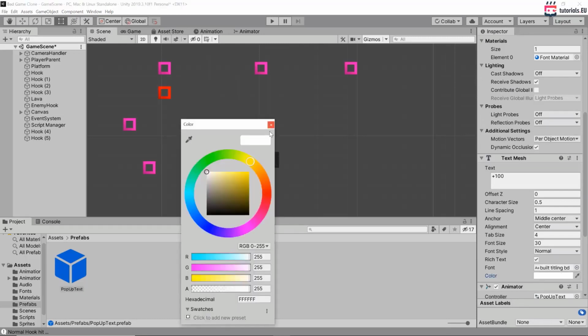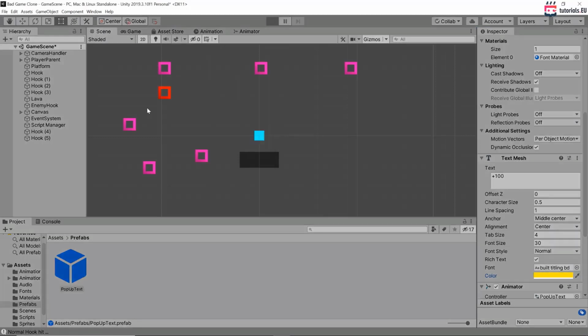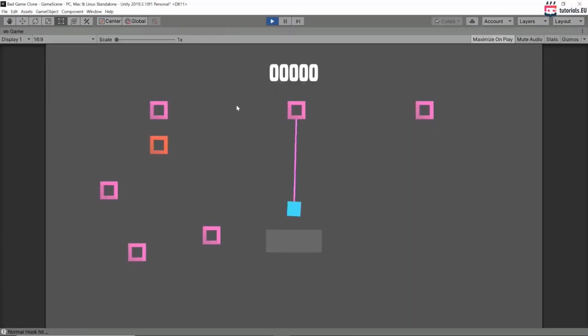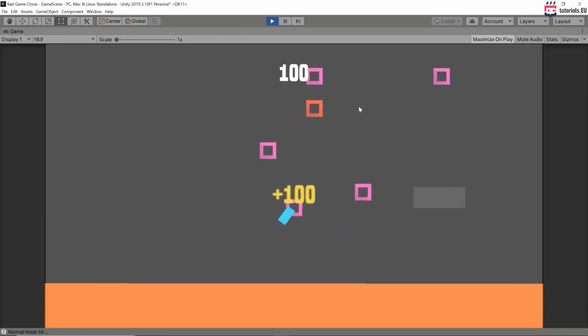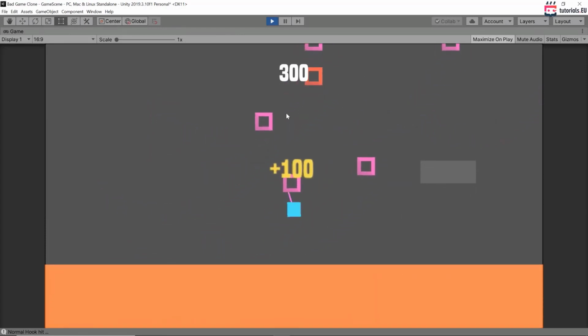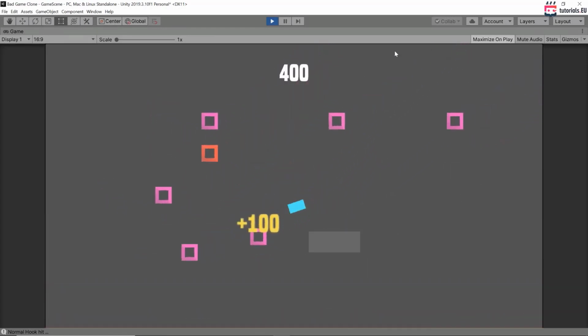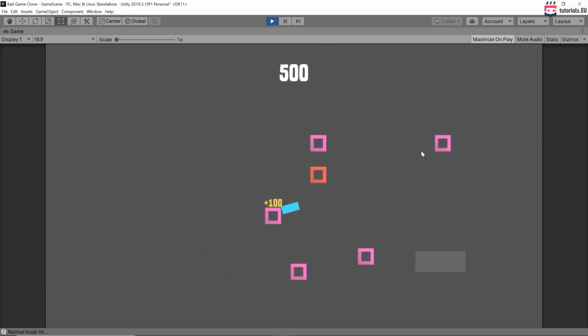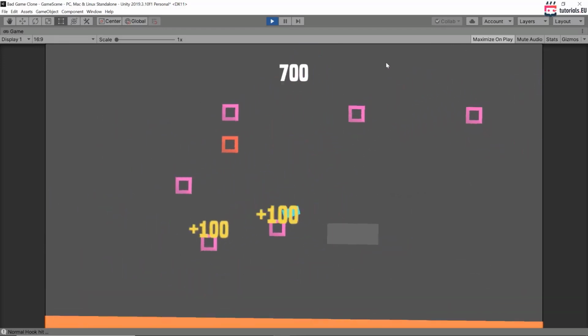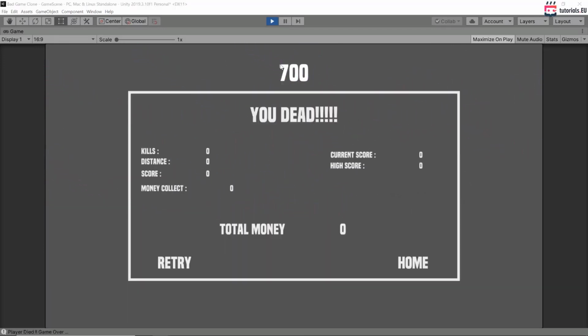And here. Okay, so as it seems I didn't set the color correctly. There we are. So now let's test it again and fly through it. Boom. Yeah, baby, let's go. All right, so that's it for this part, and next we are going to take care of the text combo